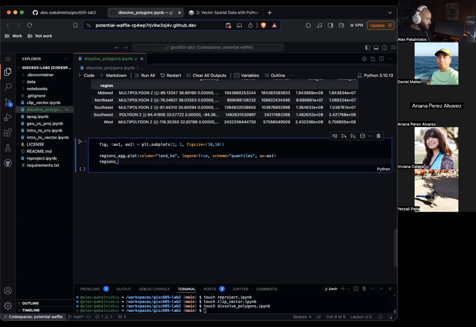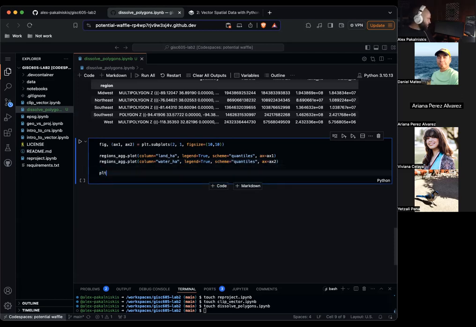Now let's do regions_ag.plot(column equals water_ha, legend equals true, scheme equals quantiles, ax equals ax2).